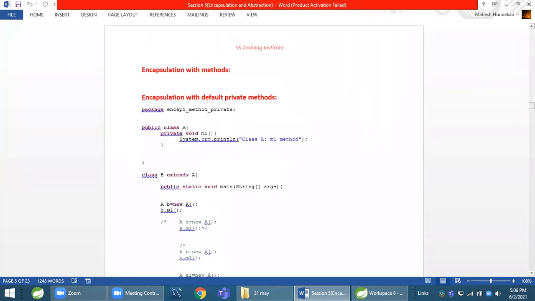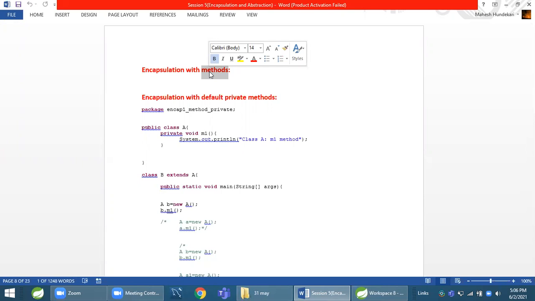Yeah, so the same thing you can apply with methods. These access modifiers, whatever scope they have with variables, will be the same for methods also. And that will also be applied for classes. If you understand it for variables, then you understand it for methods and classes. The scope is the same.